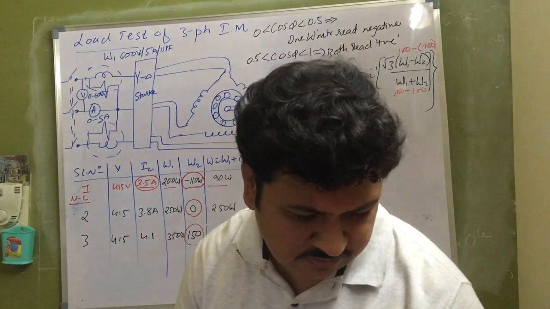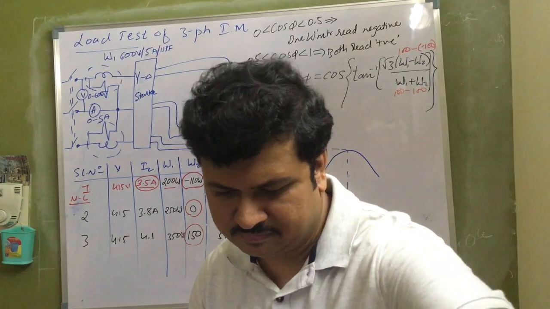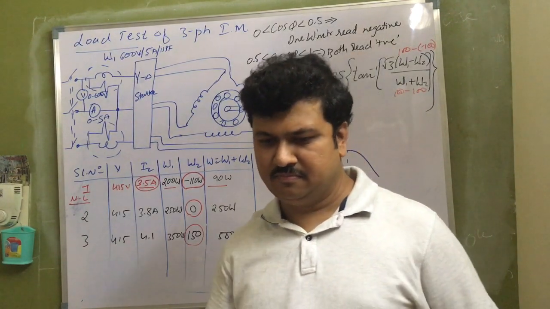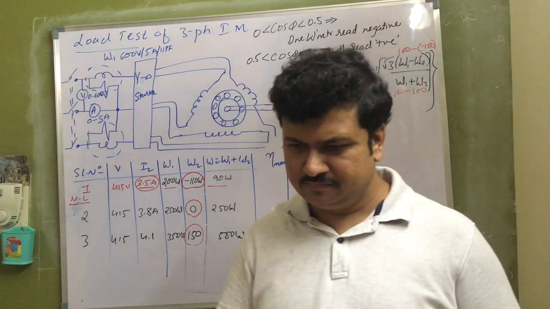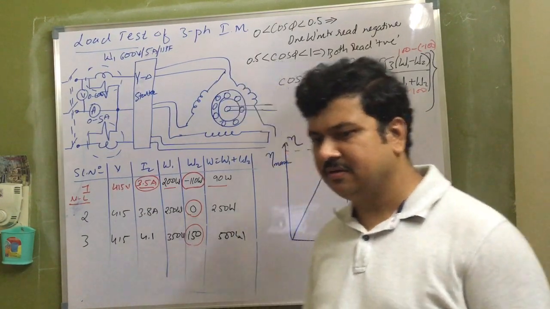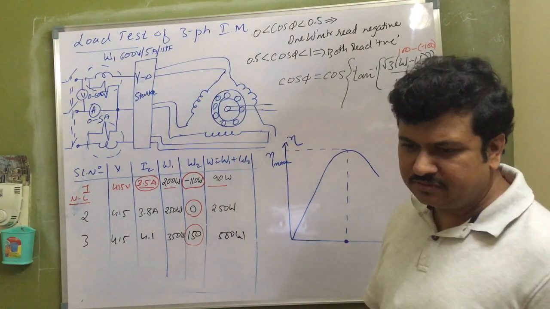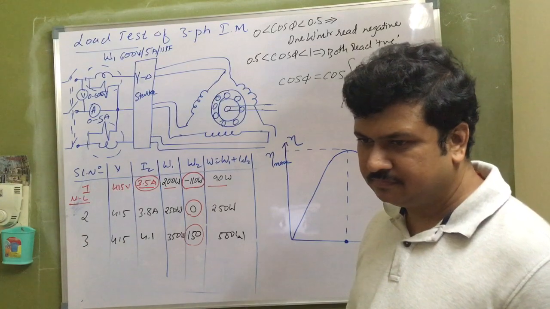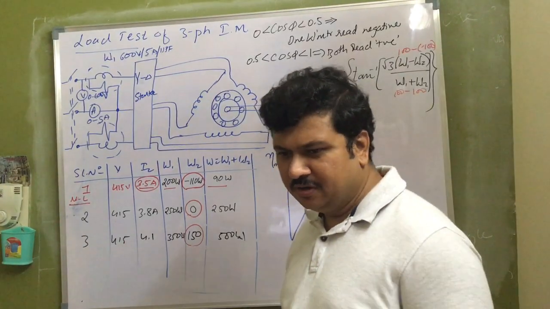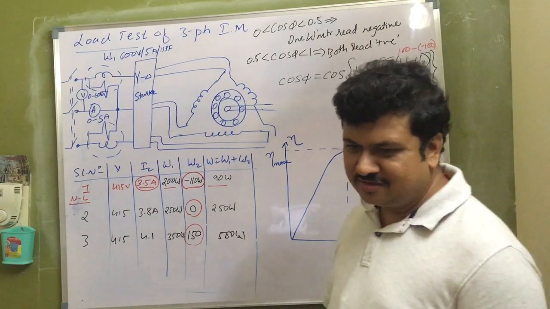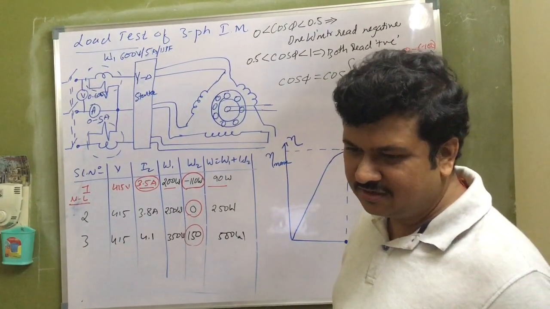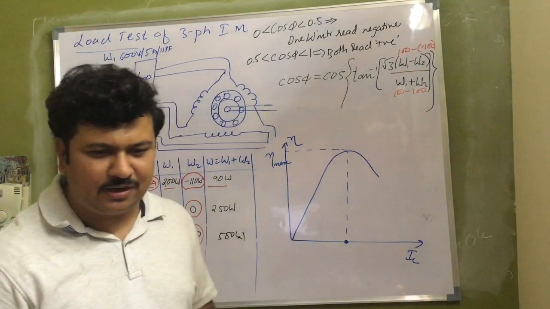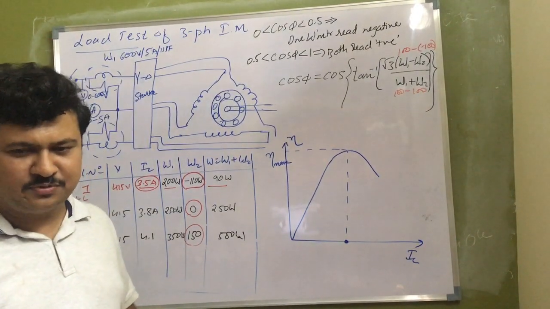So what is the condition for maximum efficiency of transformer? Now audible? Yes, sir. Condition for maximum efficiency? Somebody texted Shubham, iron losses equal to copper losses. Somebody is texting copper losses equal to iron losses. Which is correct? Few texted copper losses equal to iron losses, few texted iron losses equal to copper losses. Which is correct?